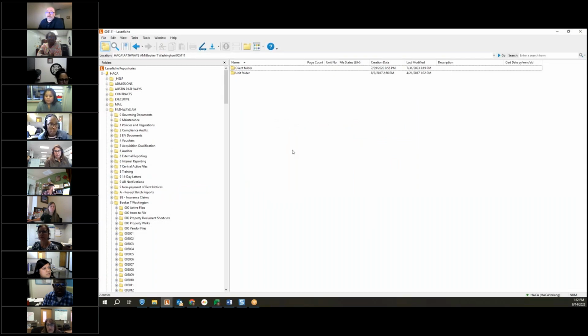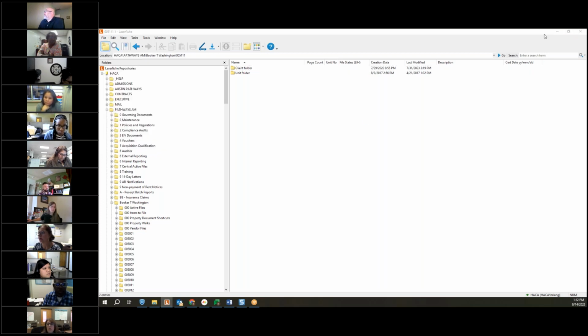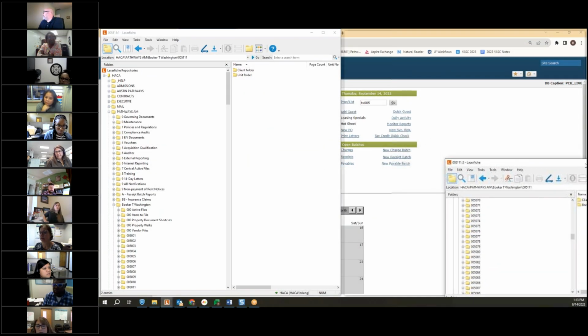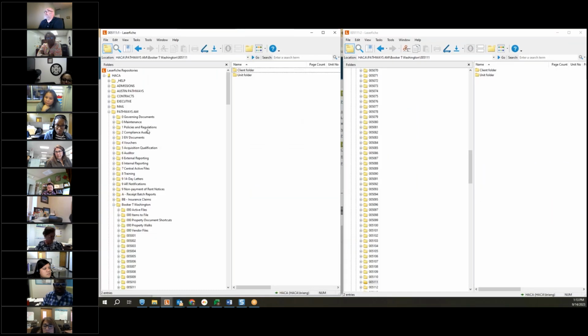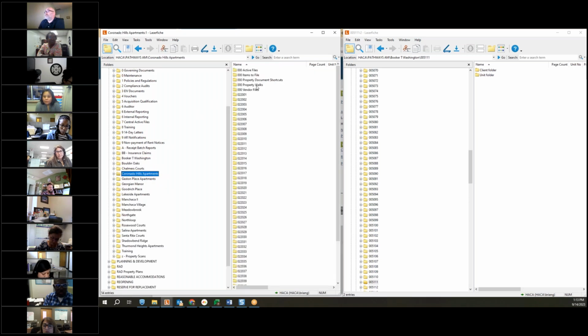A couple of things I wanted to show here. So first, let's start off with, if you go up to the top under File, New Browser Window. It opened on my other screen, but you can see now I have 2 different versions of Laserfiche. This would be super helpful for filing items from items to file. So I've got, if I go into BTW here, let me go actually, I know theirs is pretty cleaned out. You can go to Coronado,